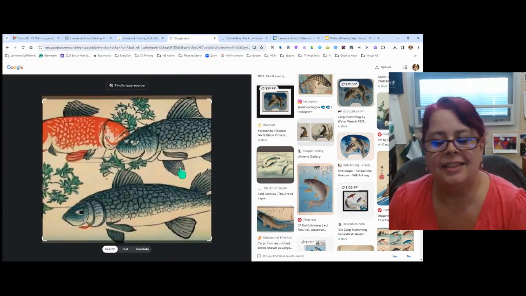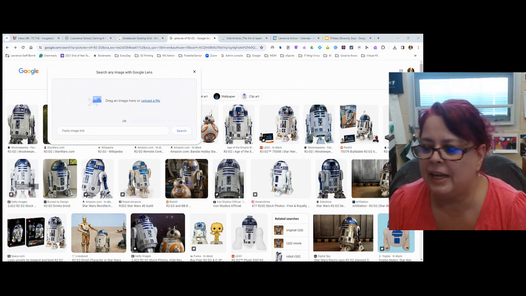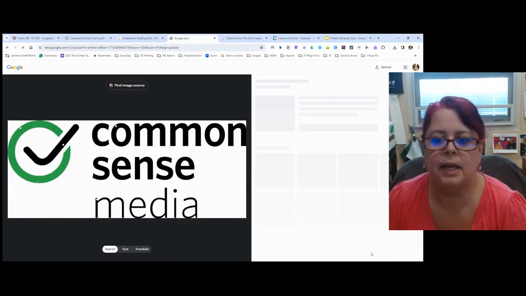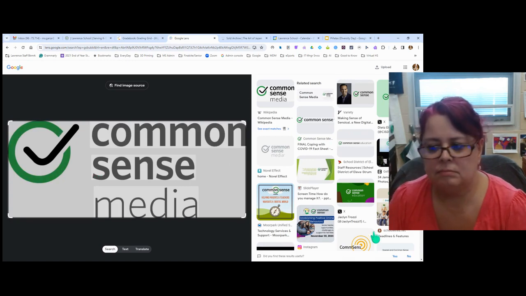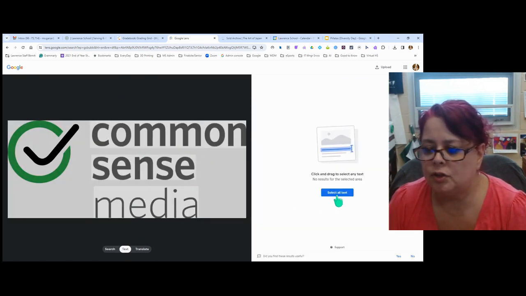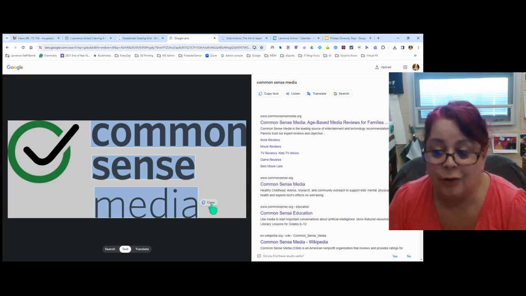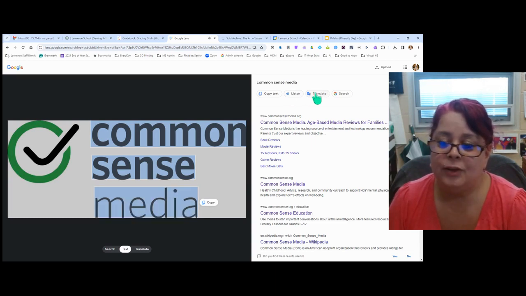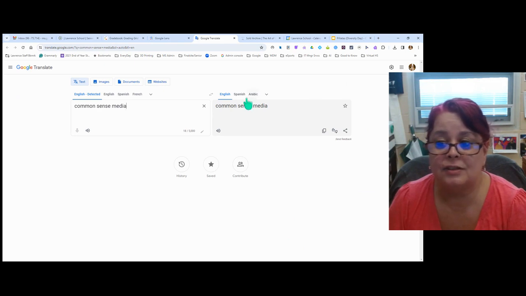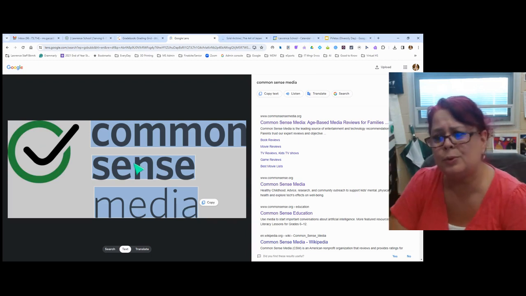So using this Google Lens, this is called Google Lens, it will allow you to find similar pictures of that. Another cool thing about that is if you bring up a picture that has text in it, Common Sense Media, it's going to look for other pictures similar to that. But notice down here, it also has a text tool. So it'll do a search of the text and find a website. Oh, there's the Common Sense Media website that you could copy, but it does a search for you automatically. You can listen to it, and you could also translate this into a different language as well. And again, this is part of Google Lens, so it's a really cool tool that you could use